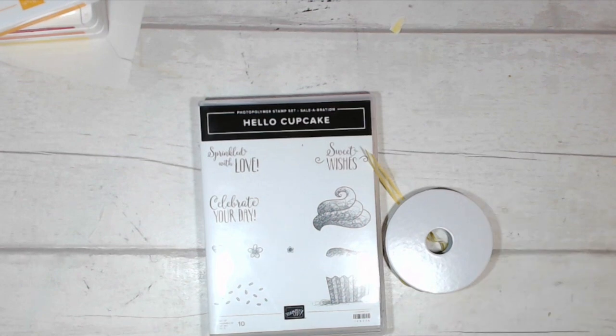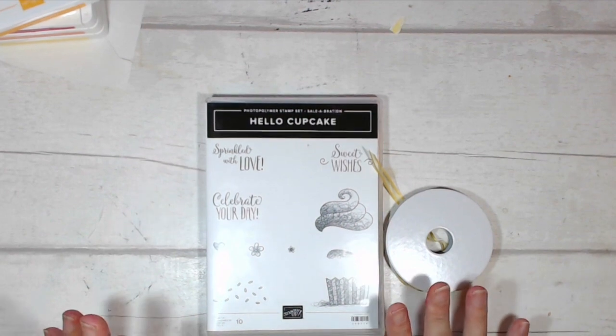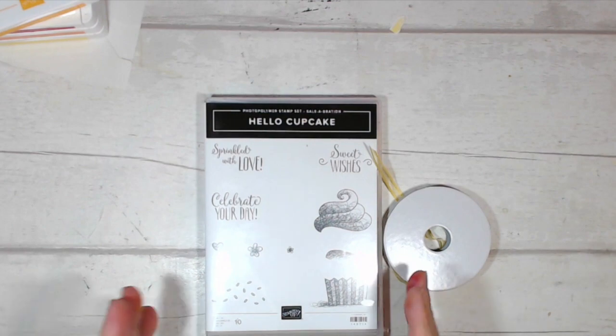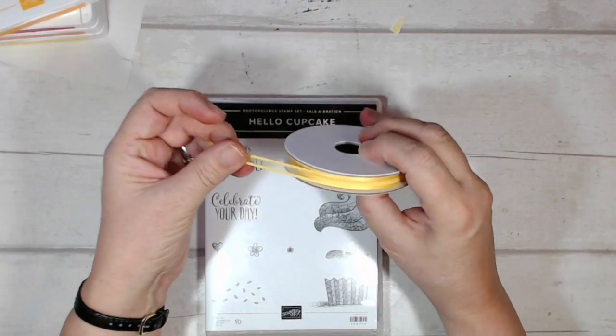2 of the things that I'm using are items that you can get for free in Sale-a-bration. Now, if you don't know what Sale-a-bration is, do you know what? There's a link to my blog below. If you hop on over there, then you can find out all about the Sale-a-bration promotion. Basically, it runs from the beginning of January to the end of March, and these items are part of the